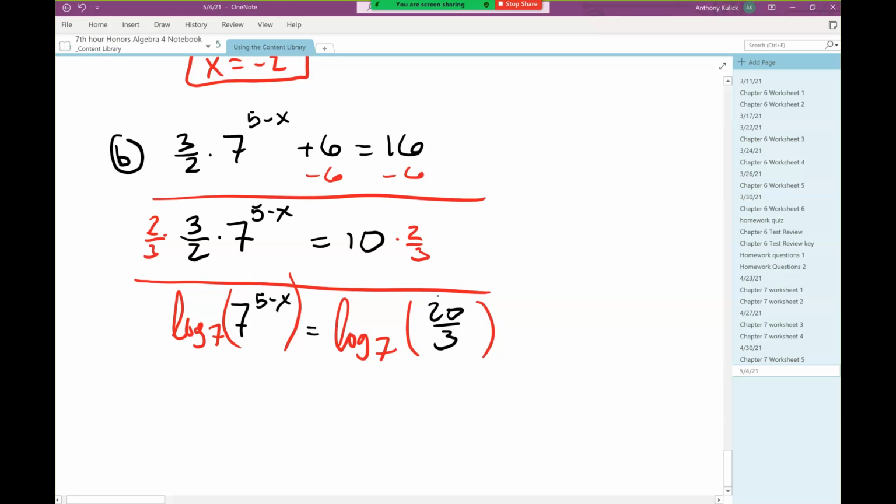Now log base 7 of 20 over 3, is that going to simplify? Definitely not, because no part of it has a factor of 7 going on in there, right? You agree? So that's going to be a bunch of nothing. So I'm just going to leave it